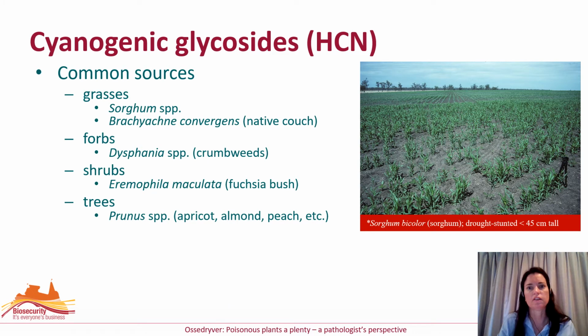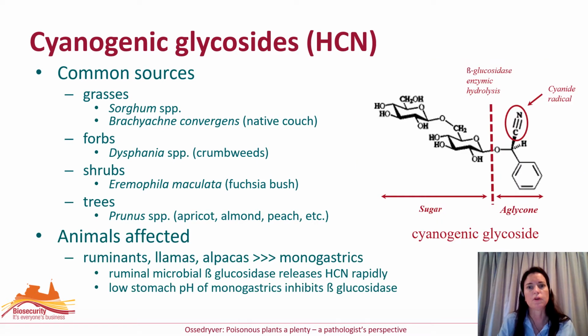Cyanogenic glycosides, also known as cyanide or prussic acid, can be found in numerous plant sources, including grasses, forbs, shrubs and trees. The most common source of poisoning for livestock are the sorghums. Because the release of the highly toxic cyanide involves enzymes, the most important of which is beta-glucosidase, ruminants and llamas and alpacas are most susceptible to poisoning due to the high level of this enzyme within the rumen and compartment